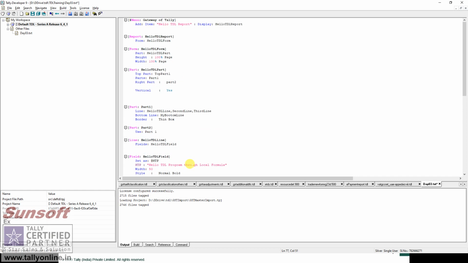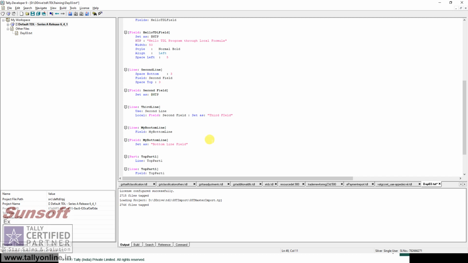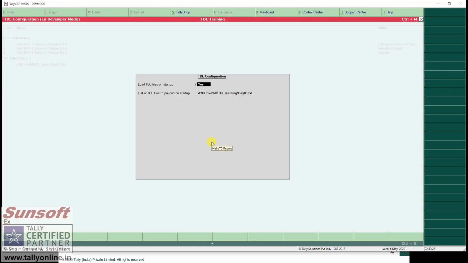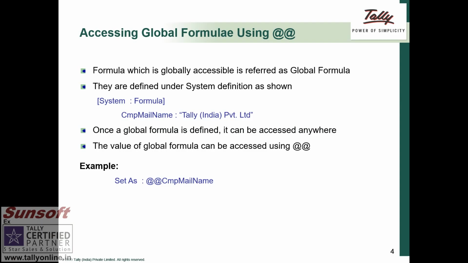Now instead of second field, I change the value to double at the rate SF HTTP. That means I am trying to access the value of the global formula. Now let us see what changes we have. You see hello TDL program through system formula, it automatically displays. So the scope of a system formula is throughout the application. I can access this system formula anywhere in the Tally program that is running.